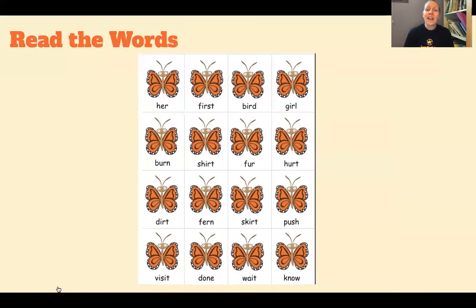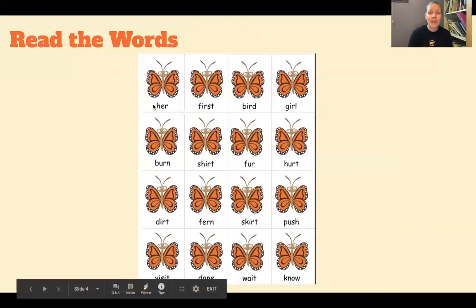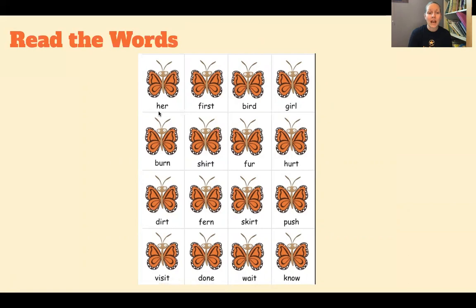Okay, so now I would like to actually read the words to you, and I would like you to echo them back to me. We're going to start at the top with H-E-R, and then we're going to move across the page. I'm going to read it, and I want you to echo me, and then we're going to tap it out like we do. So here we go. Her, her,